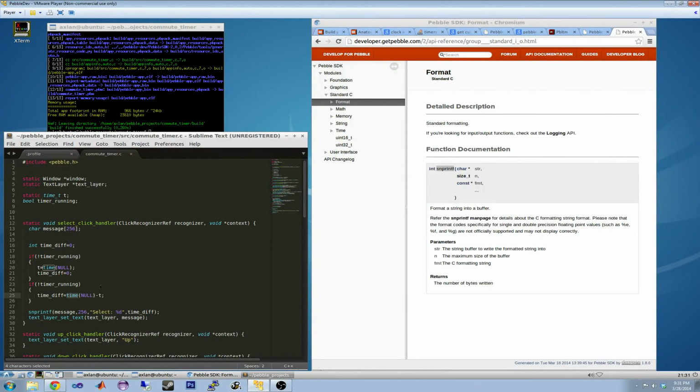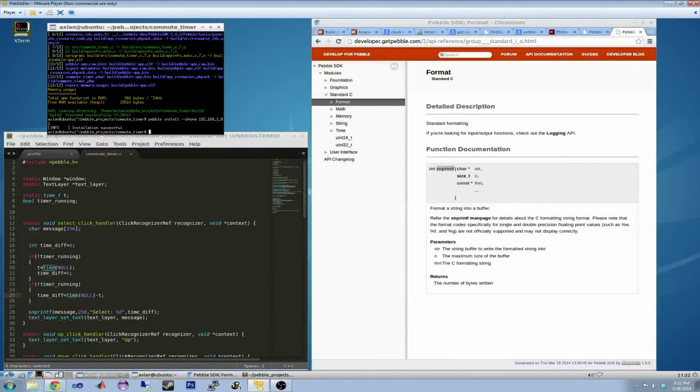I'm going to run this install, see what happens. Alright, so the app just came up on my phone. If I press down, it works. If I press up, it works. If I press the middle button, it does not work. So it looks like this text layer may not support setting these